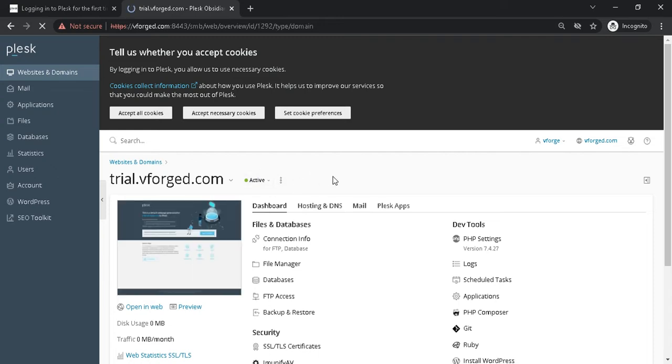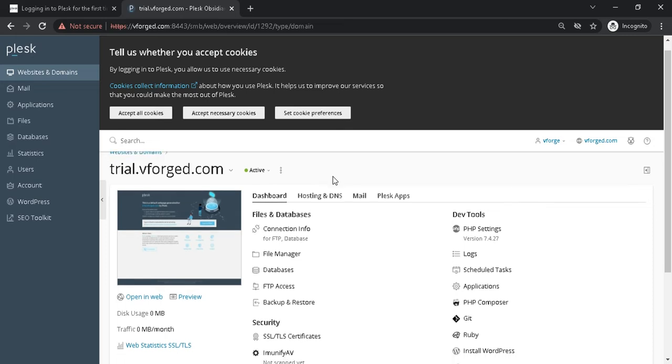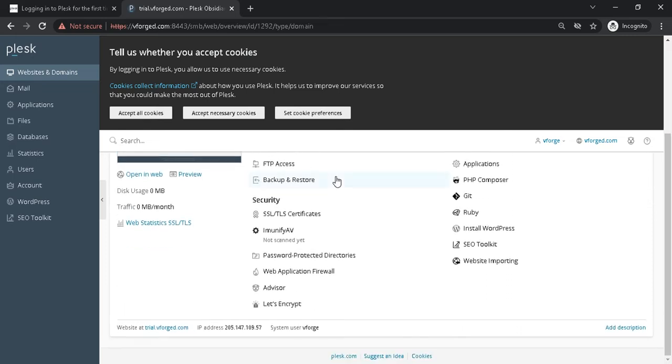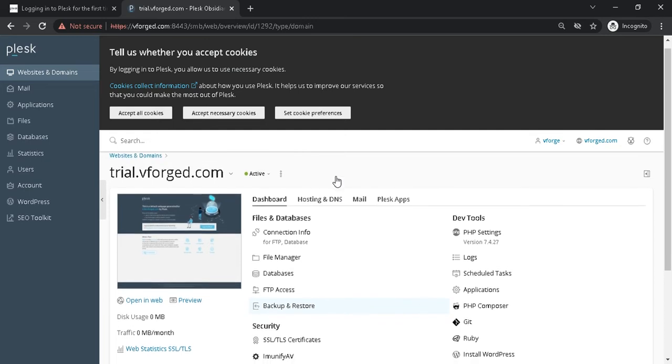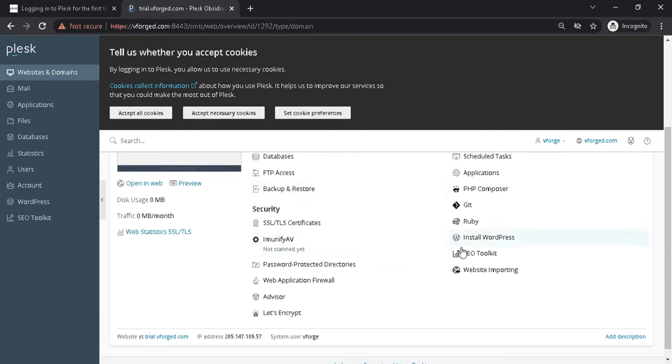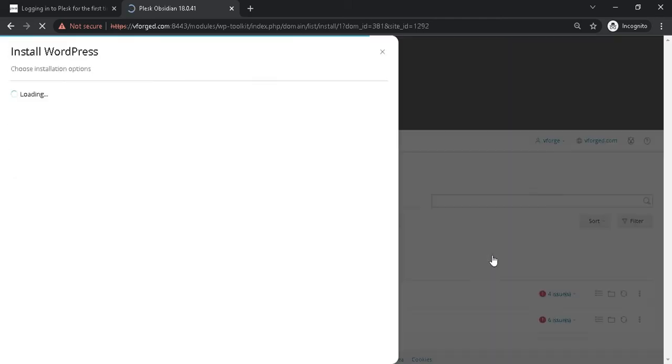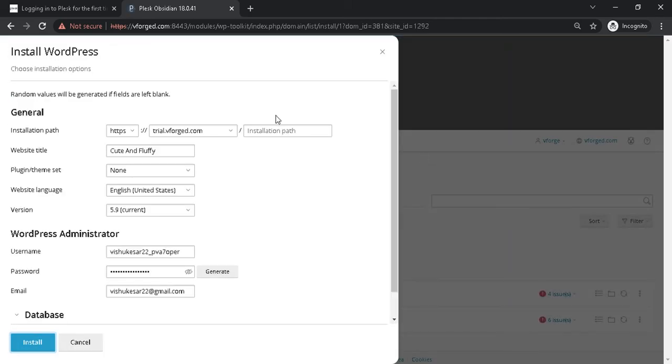So our next step is to install WordPress so that we can access the backend and make changes according to our requirements. Here in the dashboard, we have the option to install WordPress. Click on Install WordPress and it will take you to some installation options where you can change the website title,